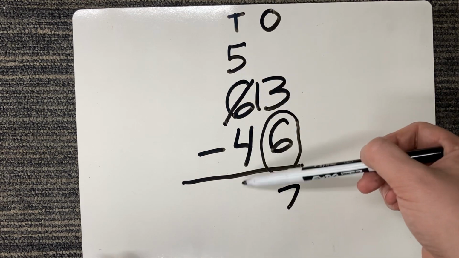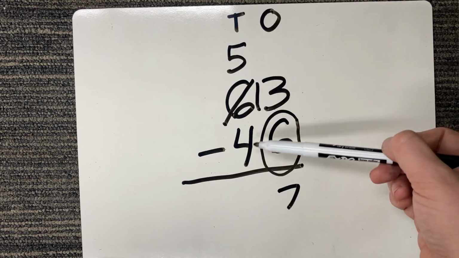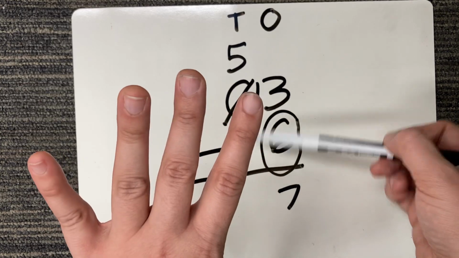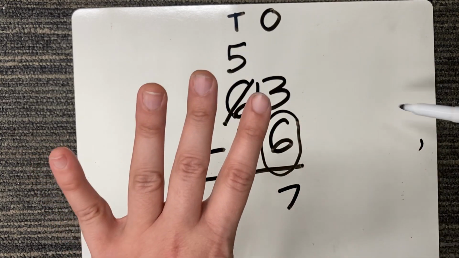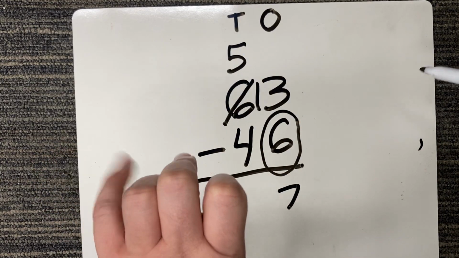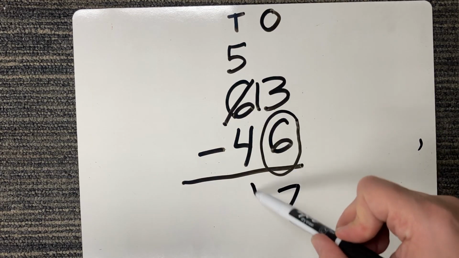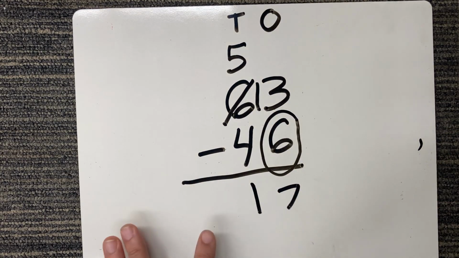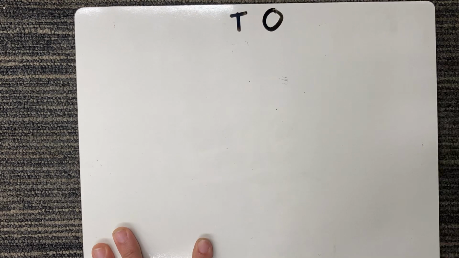Now we'll subtract the tens. 5 minus 4. I'll put the small number on my finger. Count smaller than the 5. 4, 3, 2, 1. 5 minus 4 is 1. Let's do another one together. Now we'll do